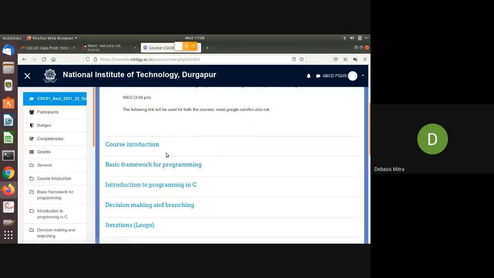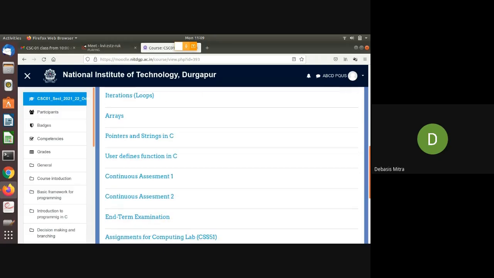These are the sections or different topics which will populate as and when required. So Joydeep sir already has sent you the materials under course introduction. We will re-upload those things here under this tab also. Then whatever Joydeep sir is currently teaching, the basic framework for programming, those lecture materials, video lectures, everything will be uploaded under this tab. And next, the other things will be uploaded in the relevant section.